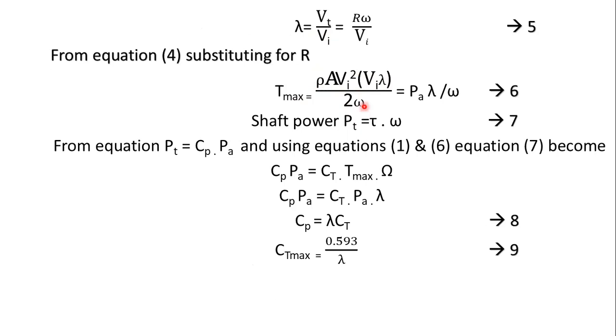So up to this, rho into A into Vi square into Vi by 2, we can call it PA. This is the power in the wind, and the remaining term is lambda by omega. This power in the wind was discussed in the earlier sections, when I talked about forces on the